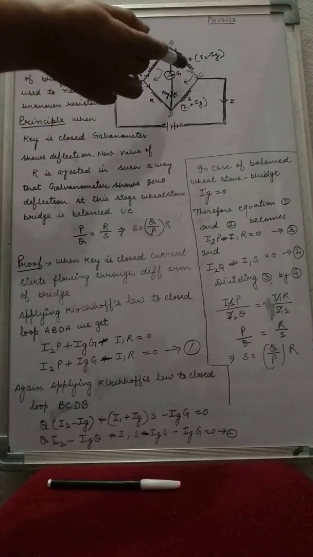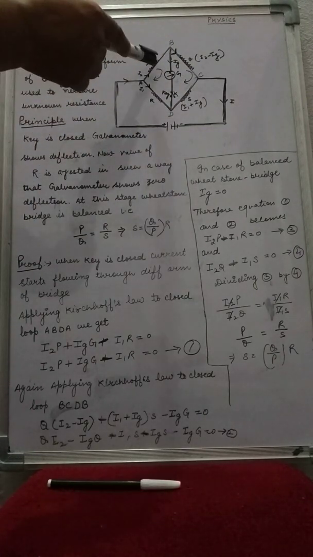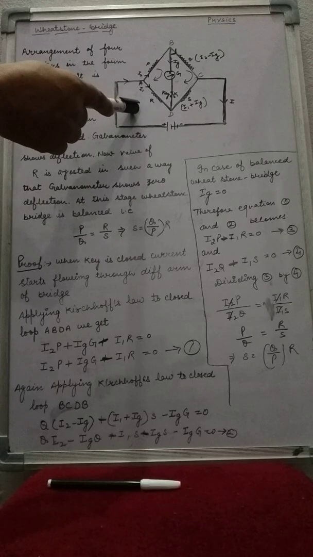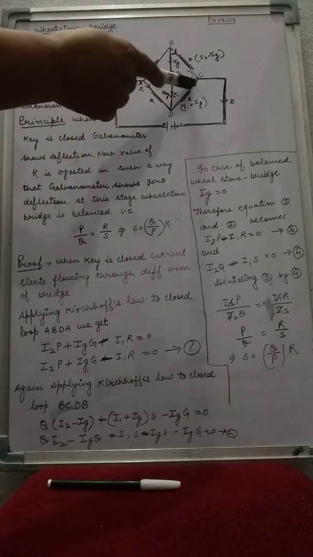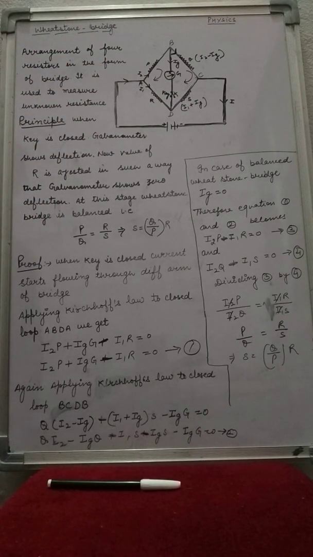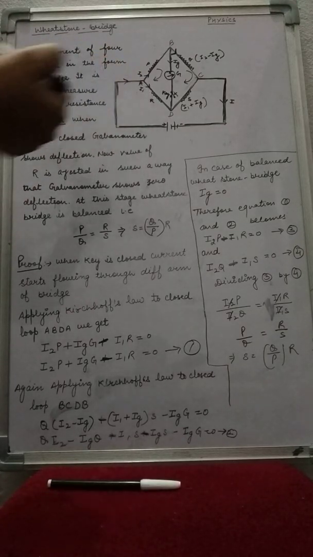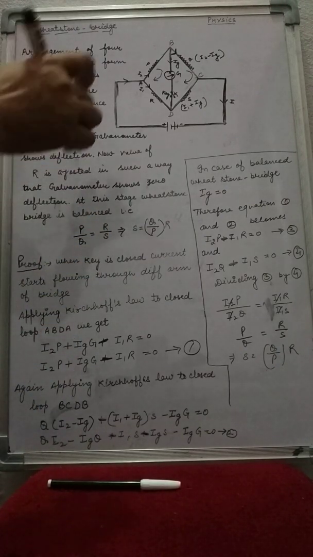We know there are four resistors P, Q, R and S. Two of these are known resistors, R is a variable resistor, and one is an unknown resistor here. We have to calculate the value of this unknown resistor from the Wheatstone bridge by adjusting the value of R. This R is a variable resistance, which means we can adjust its value from here. So we know what resistance is. The value may be 10 ohm, 50 ohm, or 100 ohm. So we have to adjust the value of R.